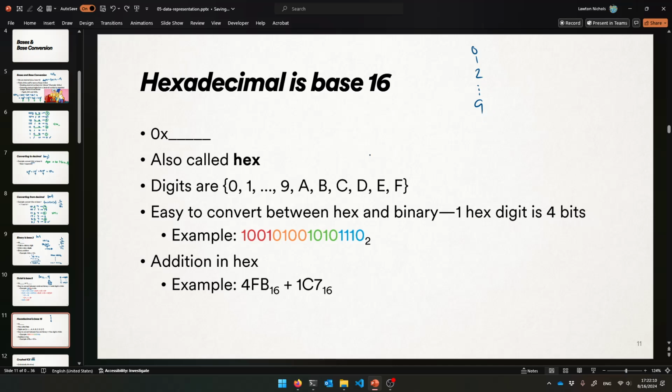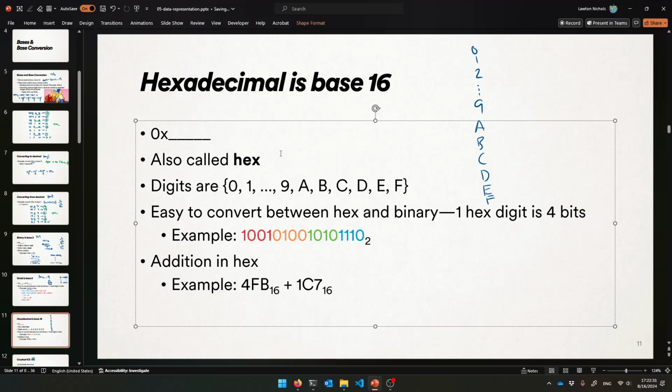So we started using letters. You have A, B, C, D, E, and F. A is the single digit that means 10, B is the single digit that means 11, C is 12, D is 13, E is 14, F is 15, okay? And hex for short, inside of a computer, you can type a hexadecimal number by starting with 0x,